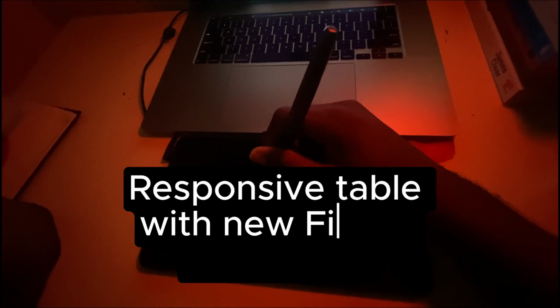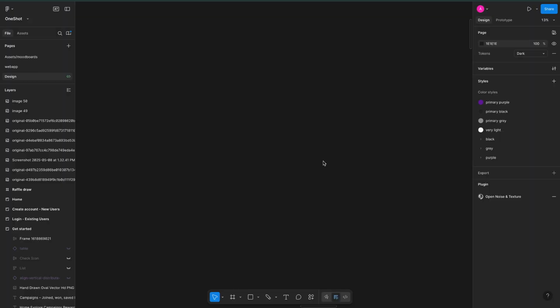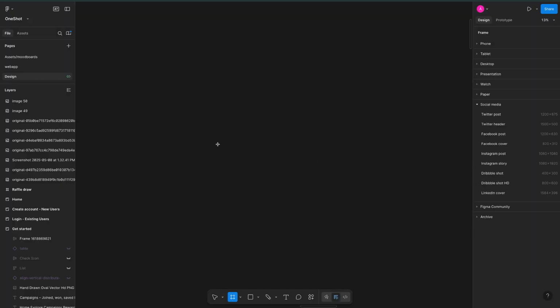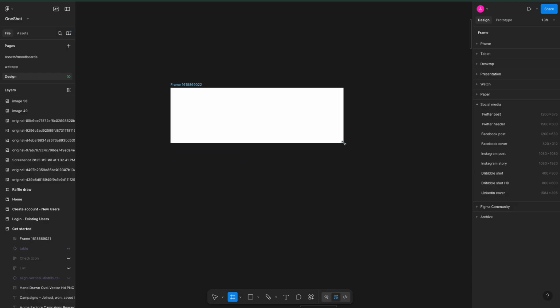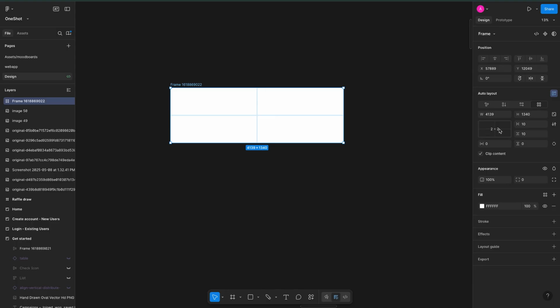Hello everyone, today we're talking about a responsive table with the new Figma layout grid. Let's go. Alright, so here I'm going to be creating my layout grid by using my shape, by creating the frame. Then on the right panel, you're going to see the 2 by 2. Then you can increase the width and also the row and also the column. So I'm going to be using the 6 by 4